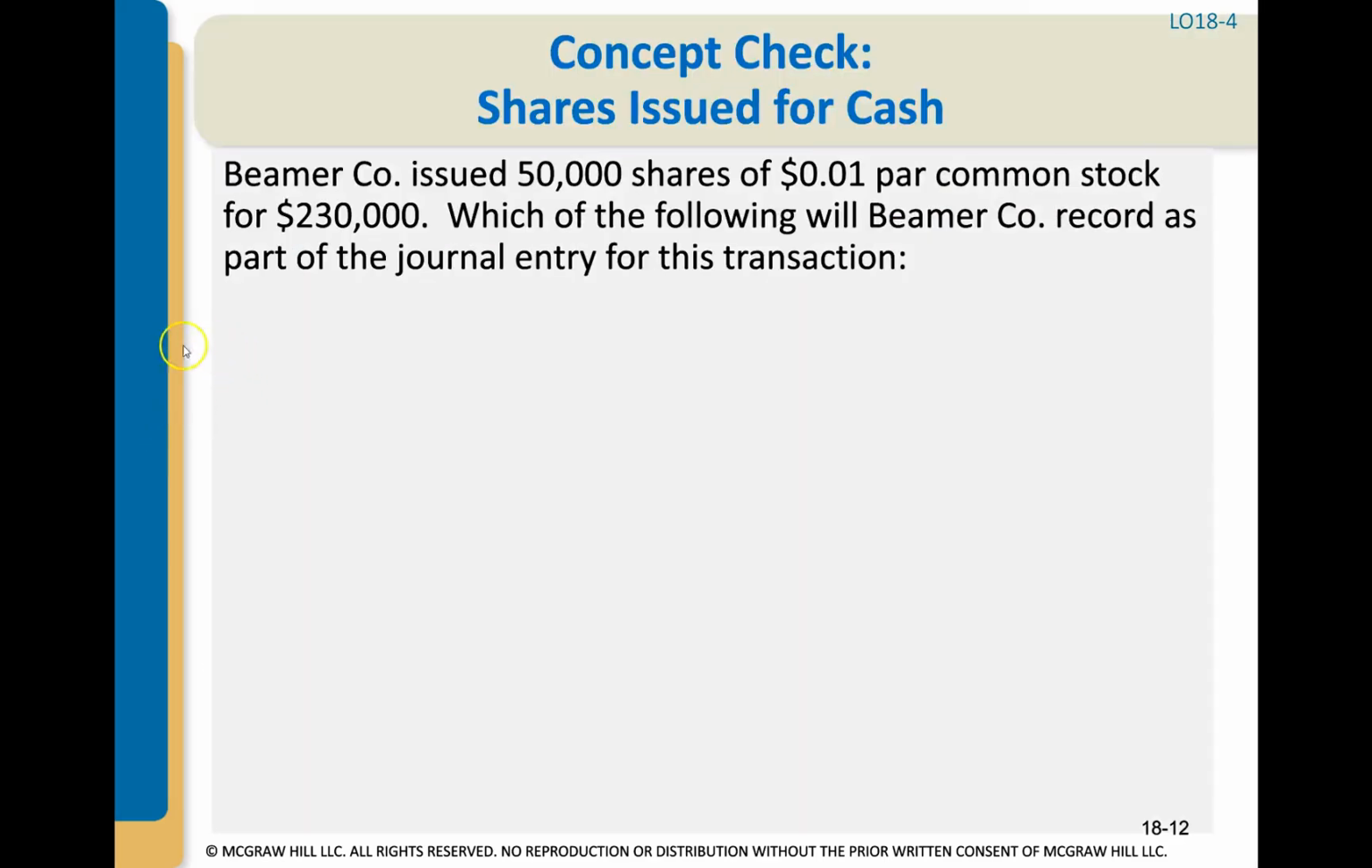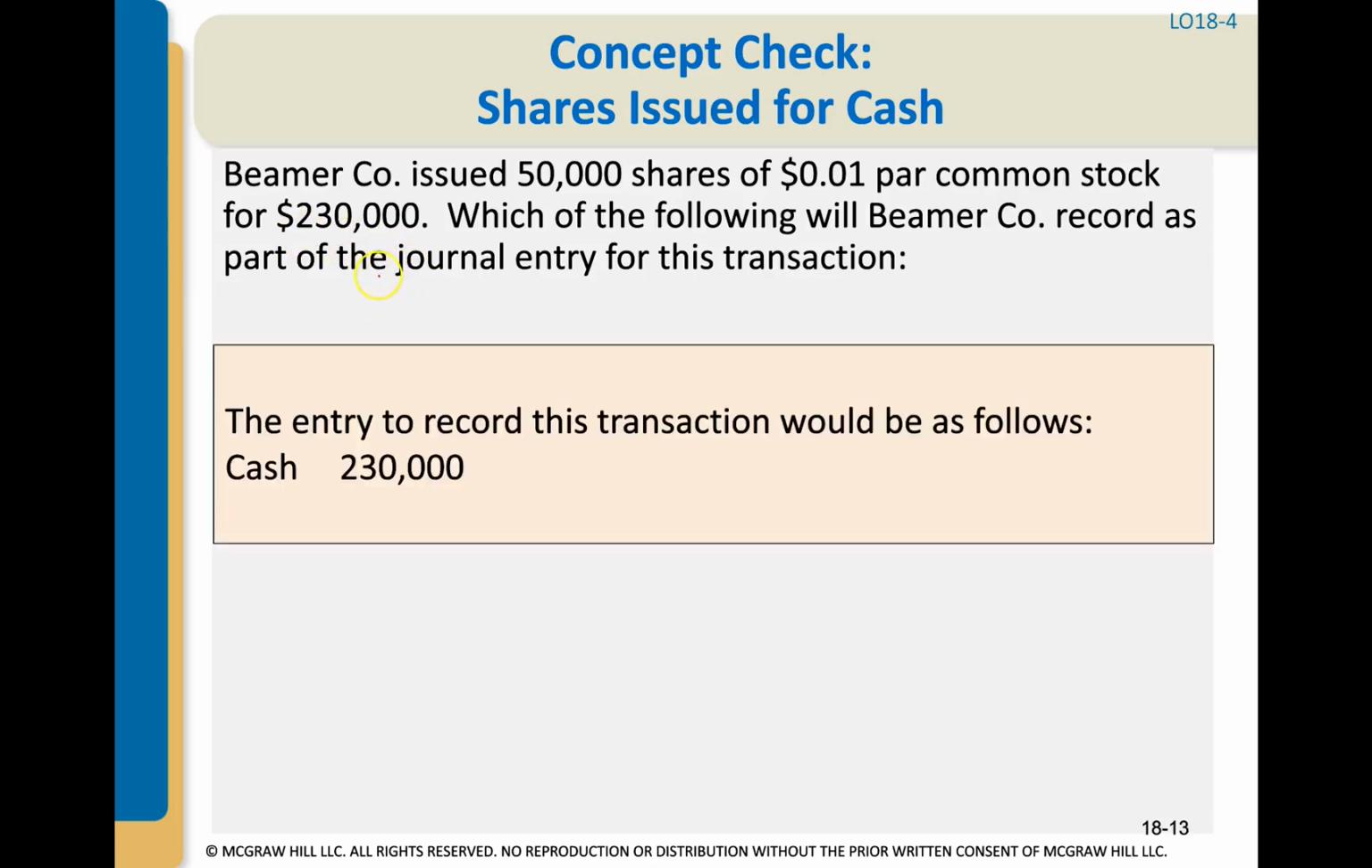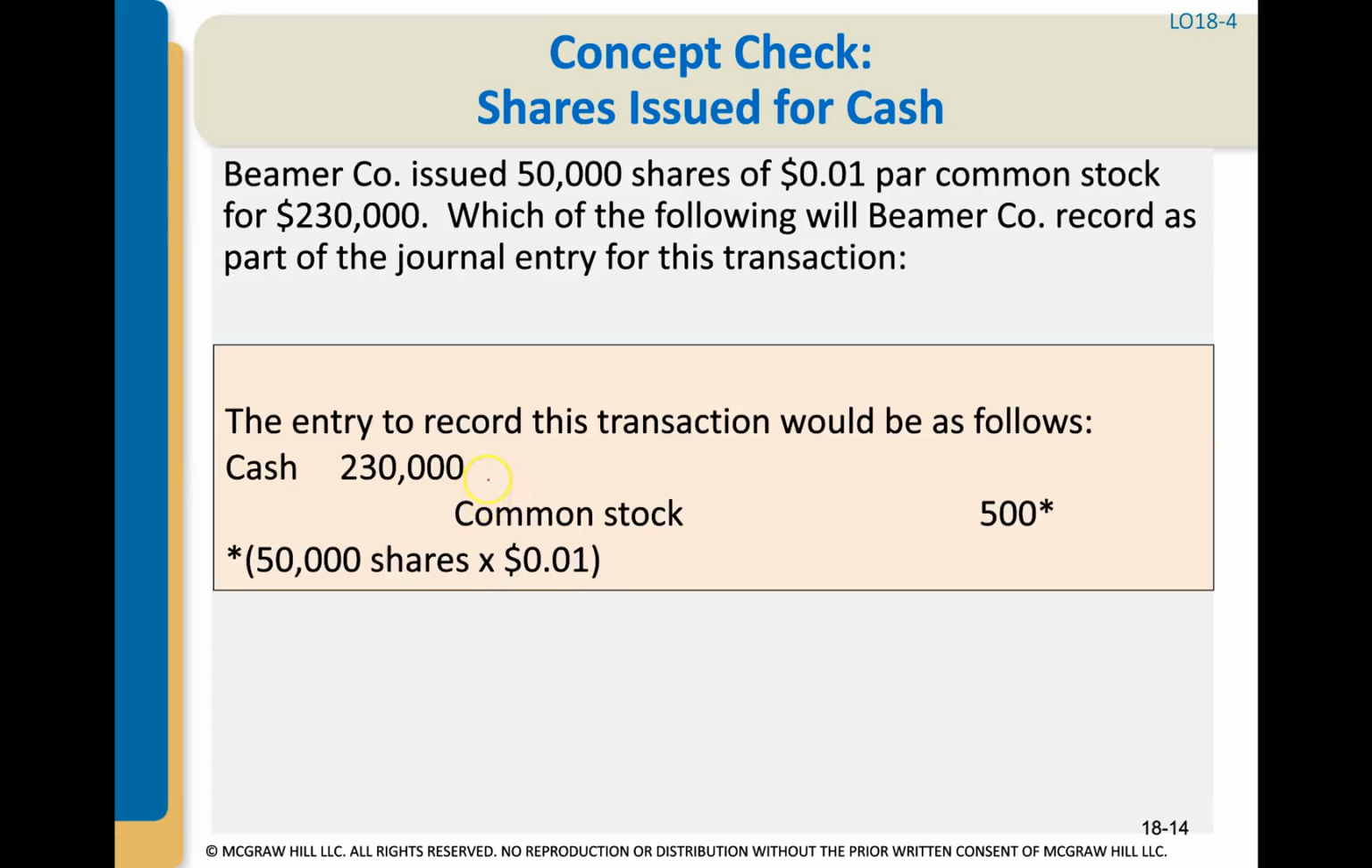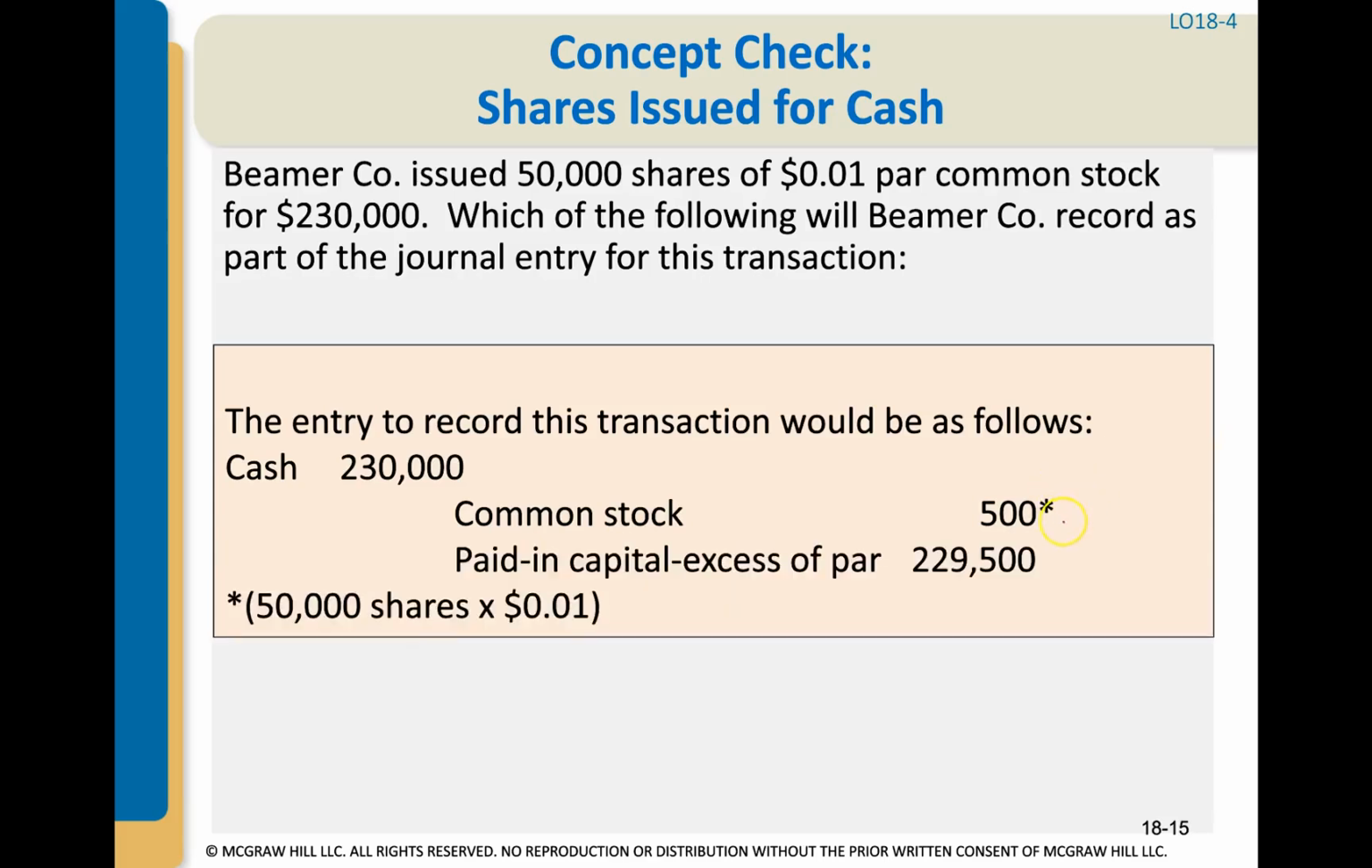Let's go through a concept check. Beamer Company issued 50,000 shares of 1 cent par value common stock for $230,000. Let's go through the transaction of how this would be recorded. One is we receive cash, $230,000, so we debit cash $230,000. Then we record the common stock for its par value. So we take the number of shares sold times its par value, which is $500. So that's credit common stock $500. And then the remaining amount to make the journal entry balance is going to be paid-in capital excess of par for